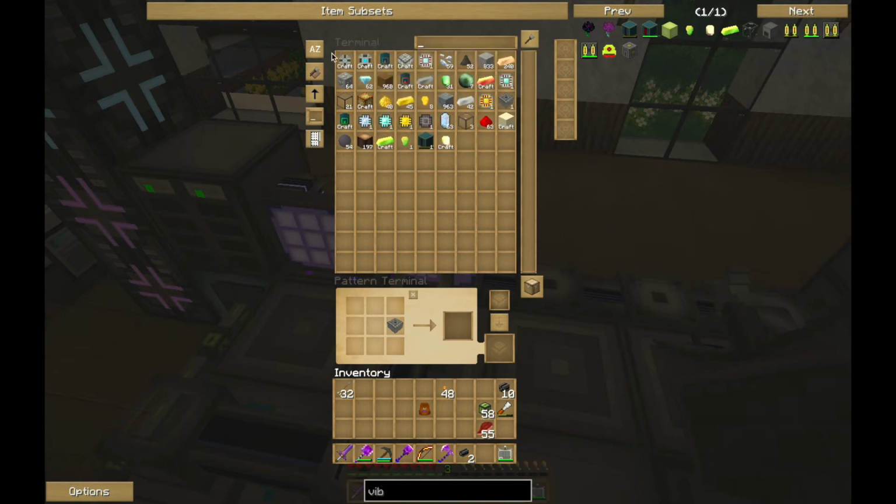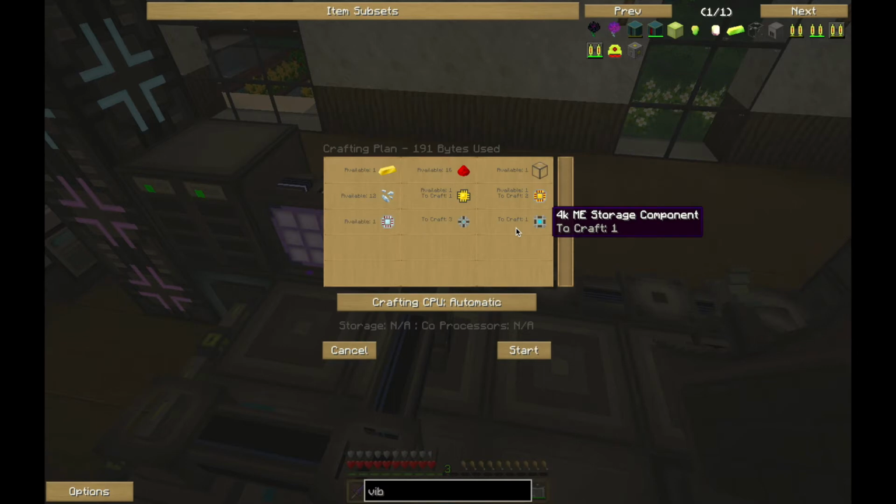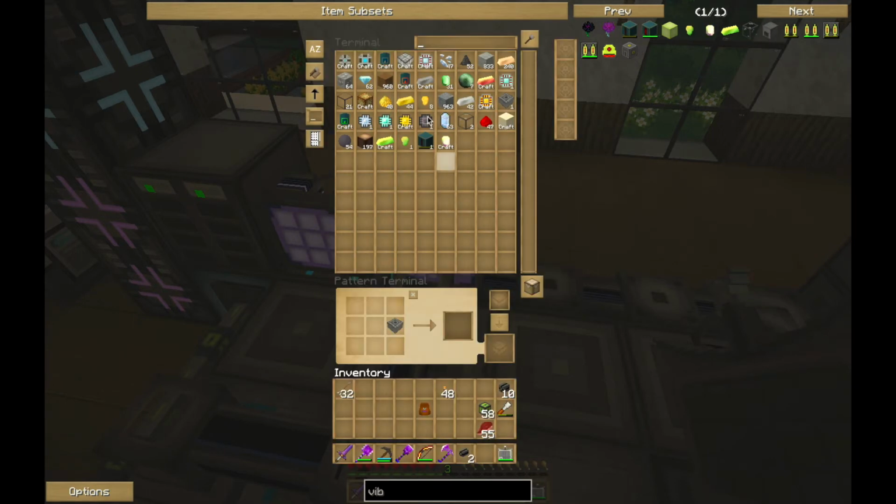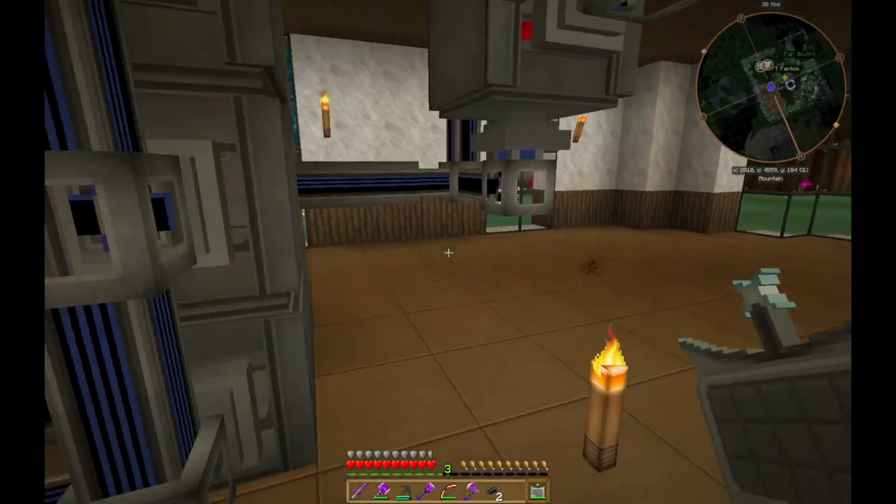Now we know we need to make the 4K. We know how to make the quartz glass and all that good stuff. We know we need to make a 1K, and we know we need 3 of these 1Ks in order to make part of one of these, with redstone involved and all the other items. So let's get started on making one of those. As you can see,